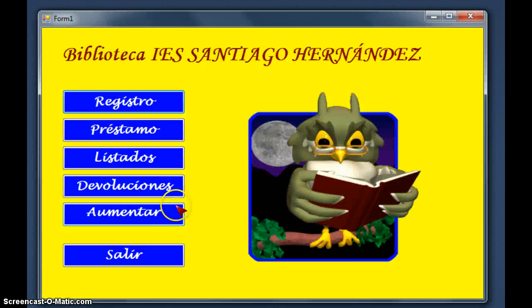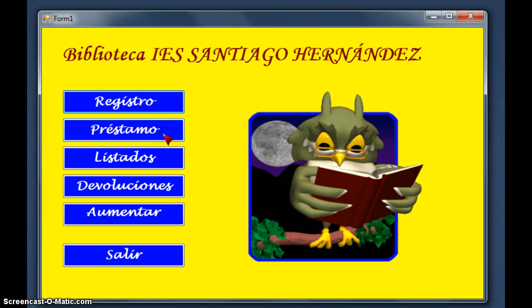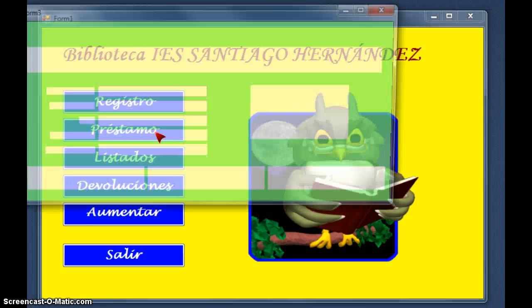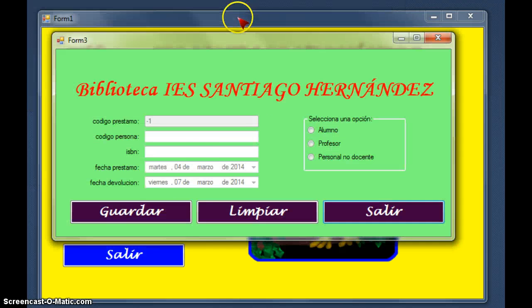Okay. Well, if you want to do a loan, you have to click in this button. Okay, sorry for the program. Well, the code is autonumeric. You have to insert the code of the reader. The code has to exist in the database. For example 3, and the code of the book, for example 1,